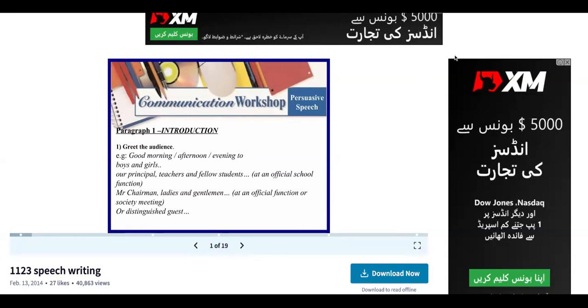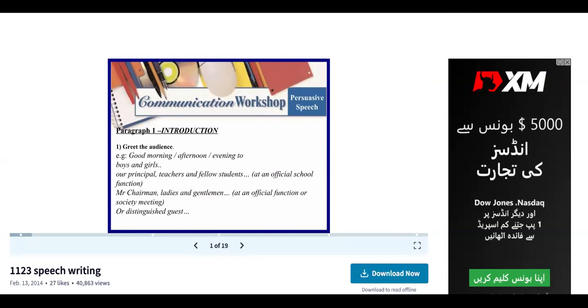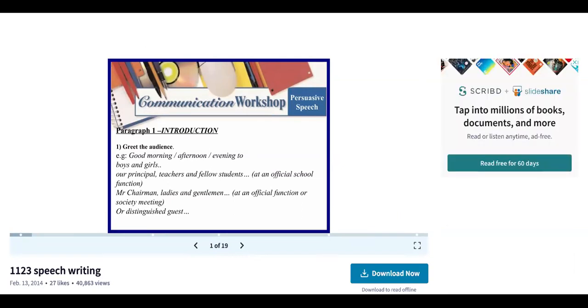So we're going to be doing speeches. Okay, so it's our new topic. Again, it's always section A of your paper, and there's nothing that different about it when we compare it to informal and formal letters, because both of them come under the first part of your paper, which is section A, and they're both for 30 marks. You don't get both of them, you get either of them.